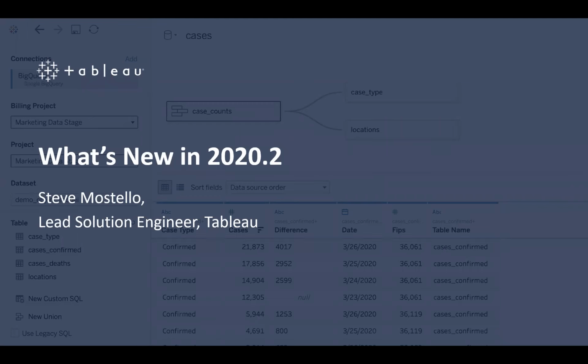So again, thank you for coming. Earlier this month, we released 2020.2. Hopefully, many of you have downloaded it and started playing with it. As you have seen, it contains significant enhancements to support your analytics journey and elevate your relationship with data.